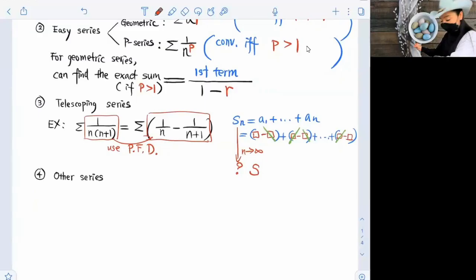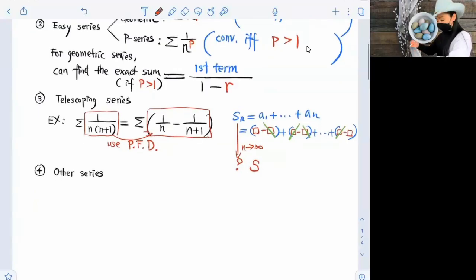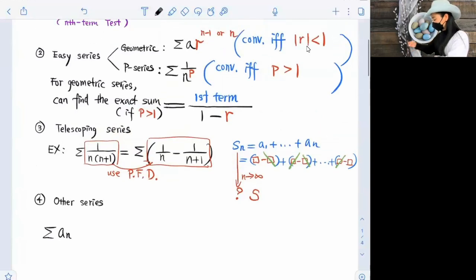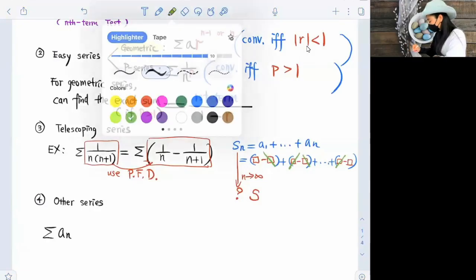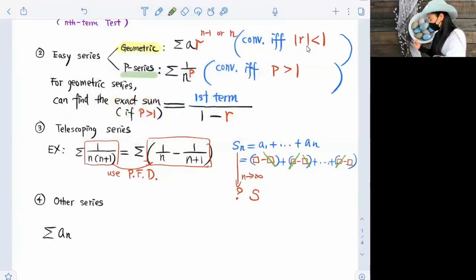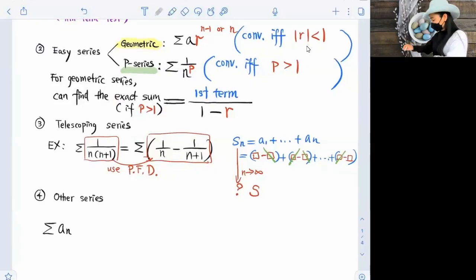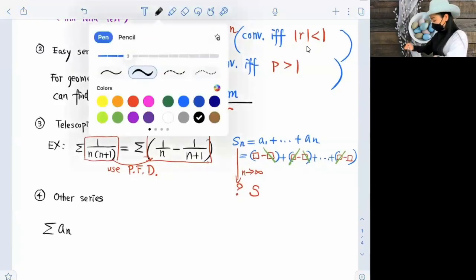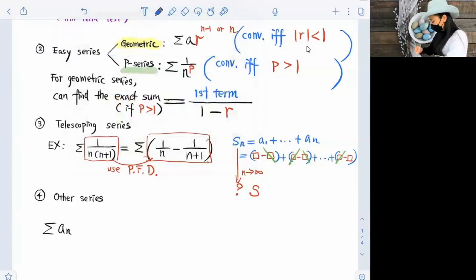Okay, what about other series? For other series, like this, a lot of the time it's going to be comparing to the two easy series. So what are the two easy series? Geometric and P series, these two. So you're going to compare with them. So if they are similar to